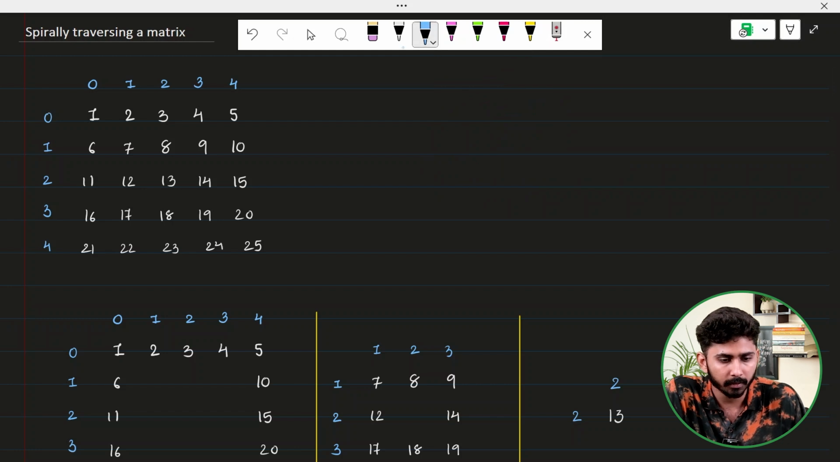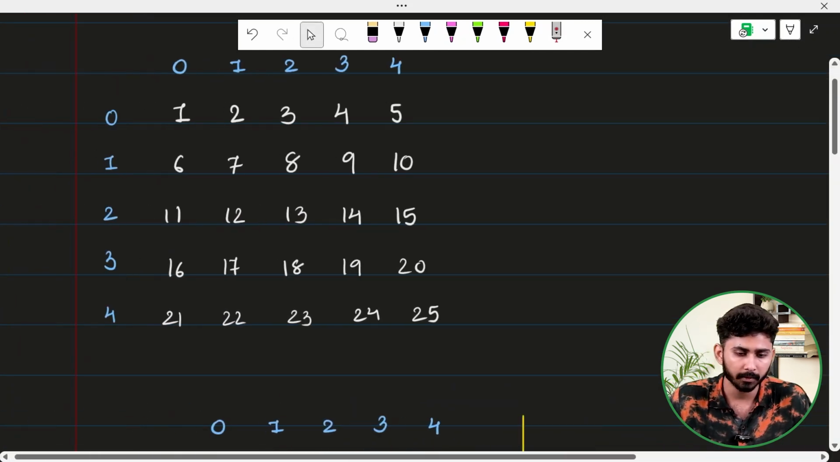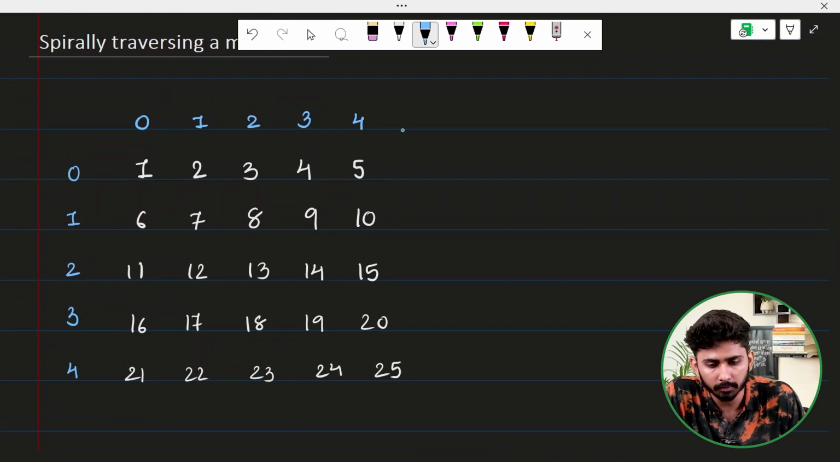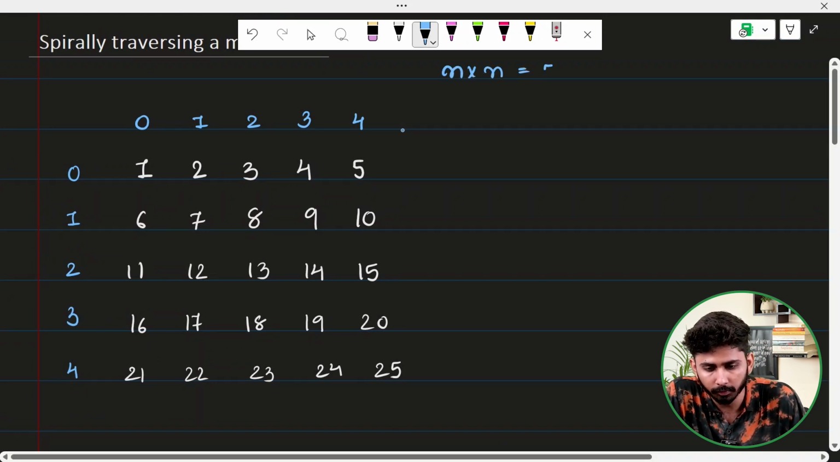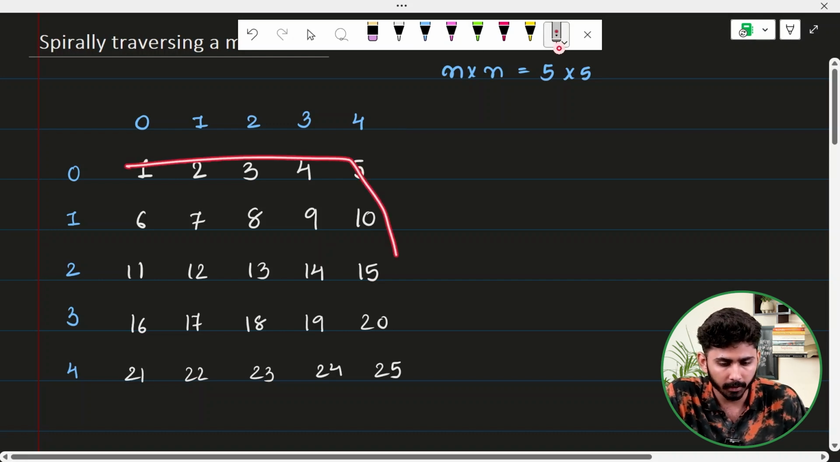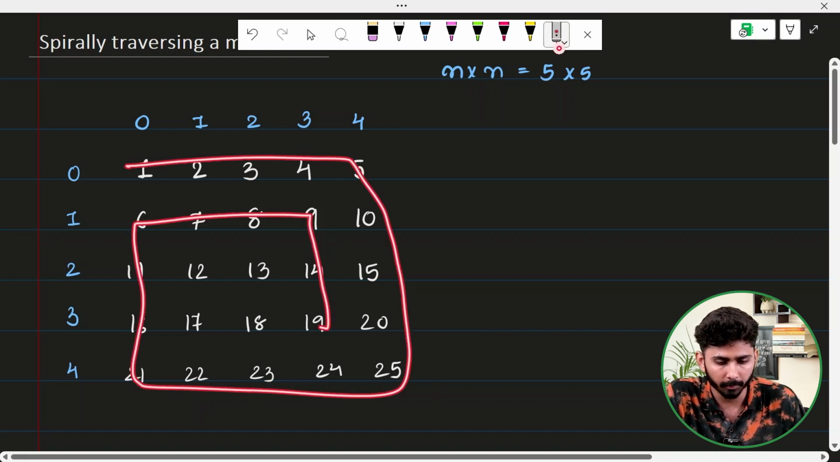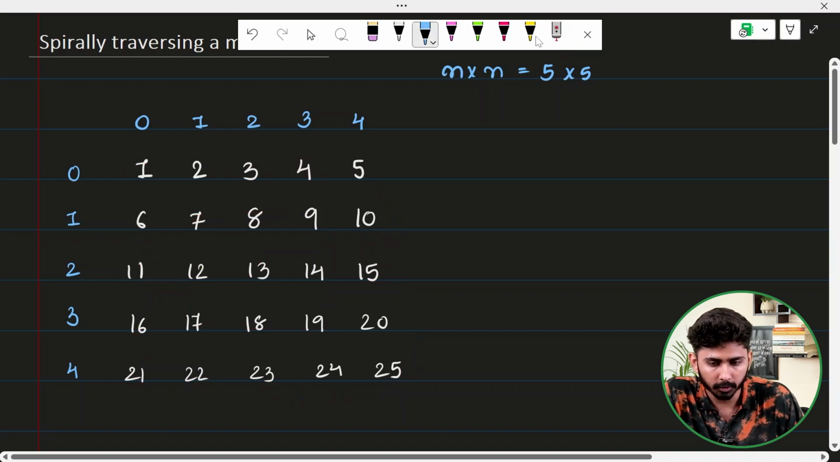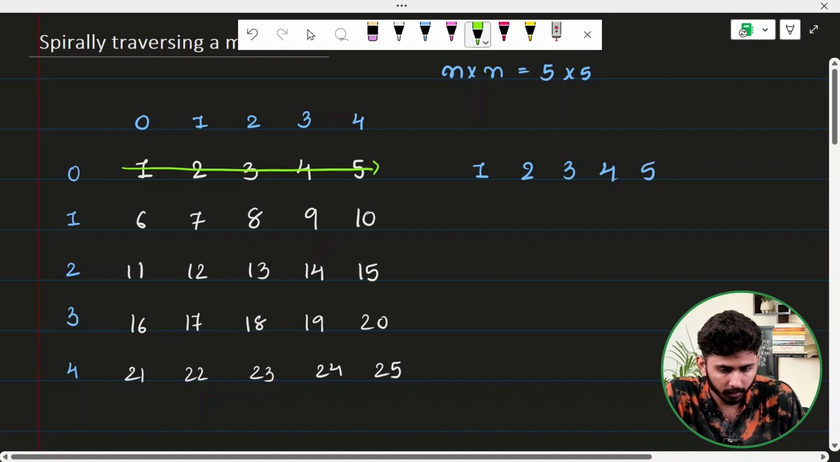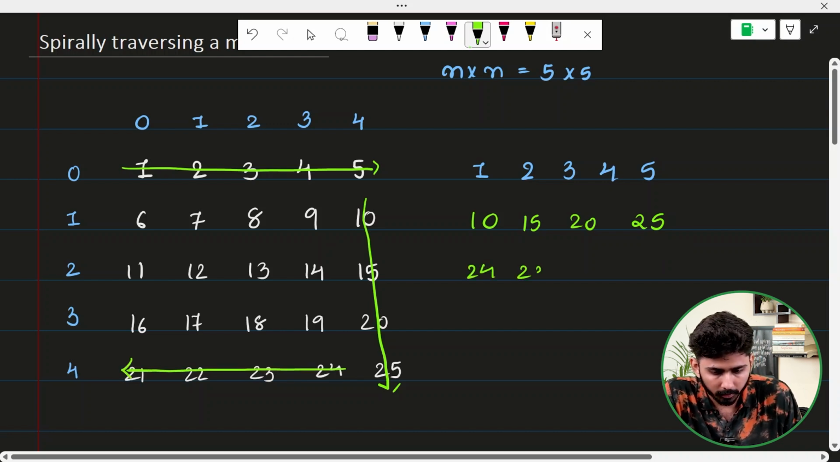Okay, so here if I have taken this example, let's say this is my matrix given in the input, and the dimensions of this matrix are n cross n, and here it is 5 cross 5, 5 rows and 5 columns. So if I want to print it in the spiral form, I'll be starting in this manner, so it will be printed in this format. First of all the first row will be printed, so I'll be printing 1 2 3 4 5, and then this column. So from here to here, it will be 10 15 20 25, and then from here to here, so that would be 24 23